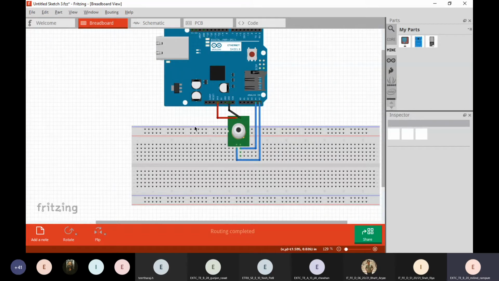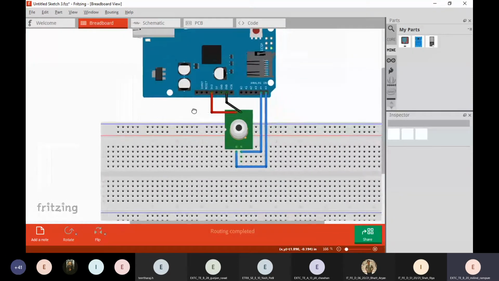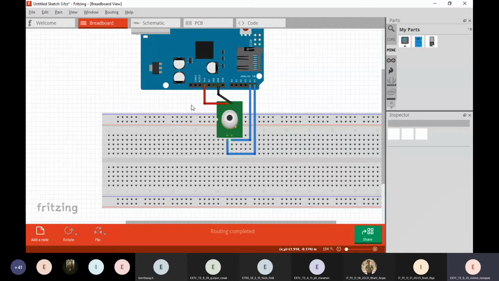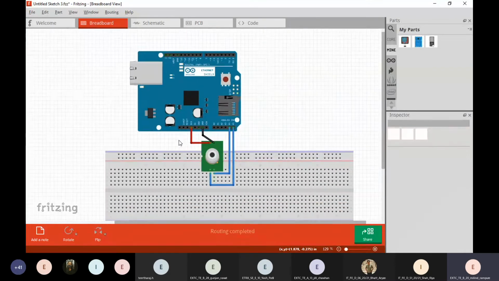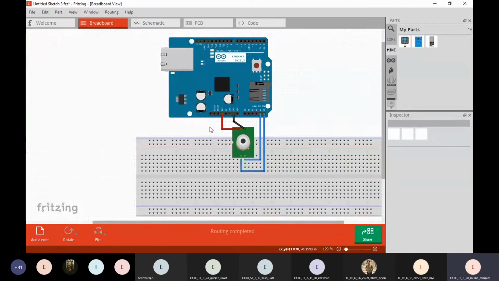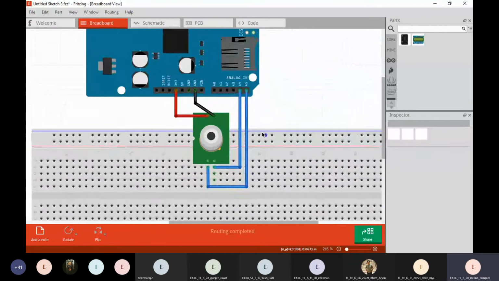This is a paid software actually, so you can get an older version of it for free, and I will share the download link soon with you guys. यह बहुत हेल्पफुल सॉफ्टवेयर है, because कोई भी सर्किट्स डिज़ाइन करना हो या रिपोर्ट में सर्किट डायग्राम्स प्रेजेंट करने होते हैं, so you can use this software to design the circuit diagram. So I'm on the breadboard side, so you can search your parts list out here, and you can drag and drop onto this.